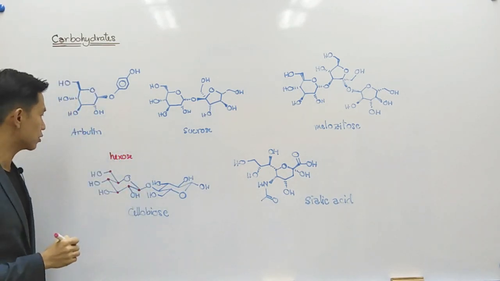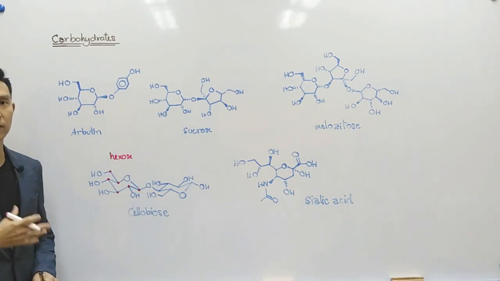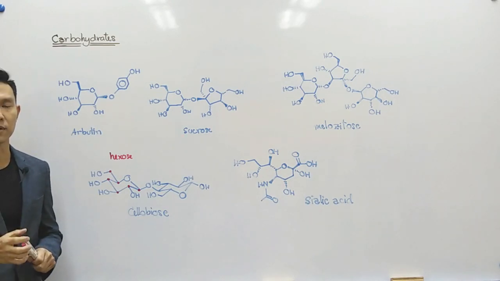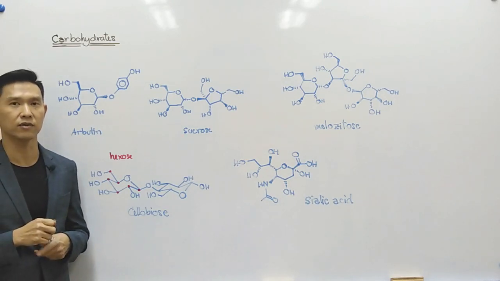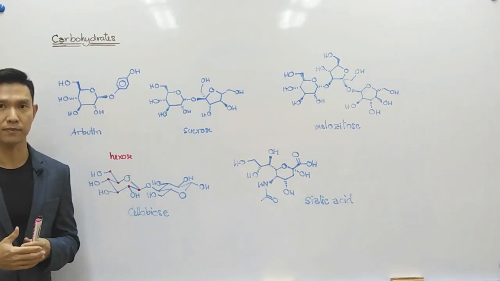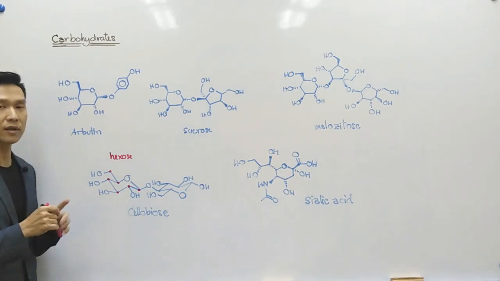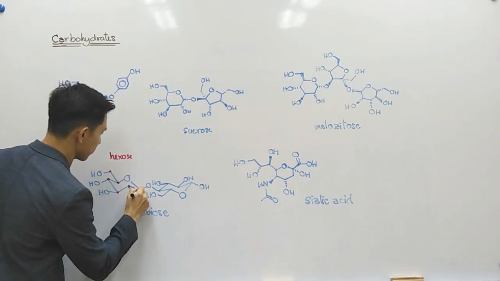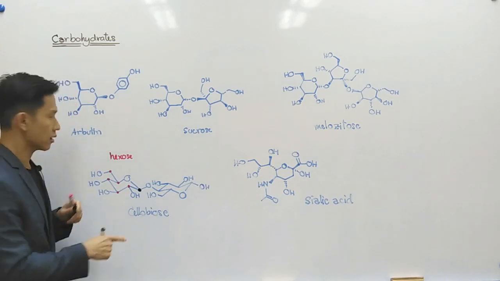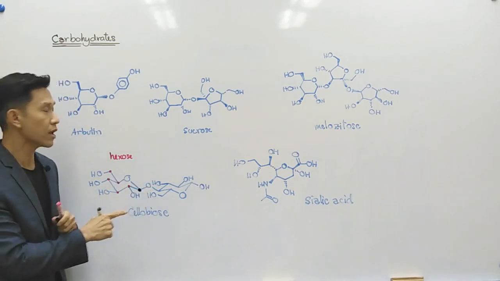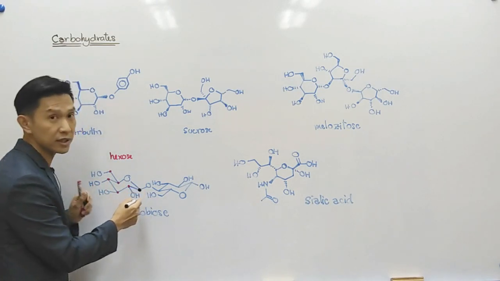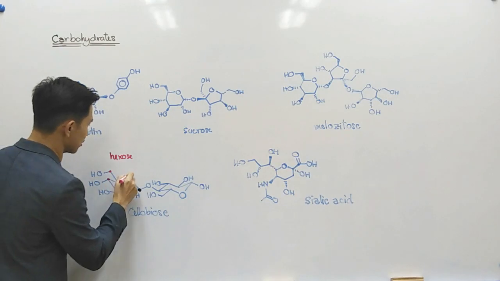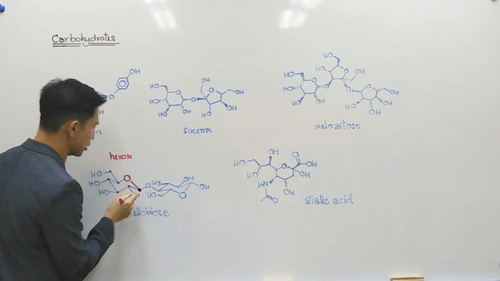This one is a hexose sugar. And from the structure over here, you have to find the glycosidic carbon, or the carbon that previously appeared as the carbonyl group. As you know, the carbon connected with 2 oxygen atoms is this carbon. It's the only carbon in the ring connecting with 2 oxygen atoms. So this carbon previously appeared as the carbonyl group, but it is closed because this oxygen condensed with that